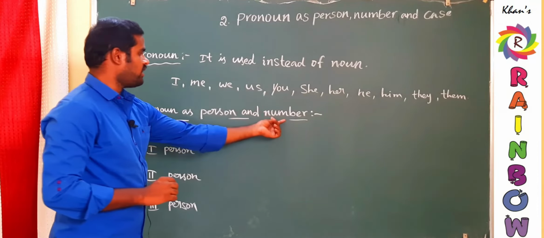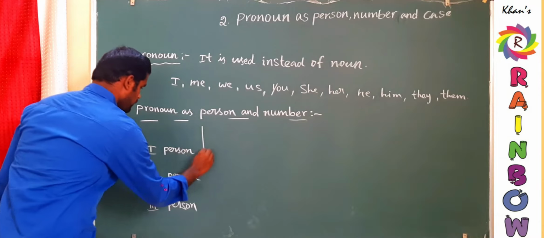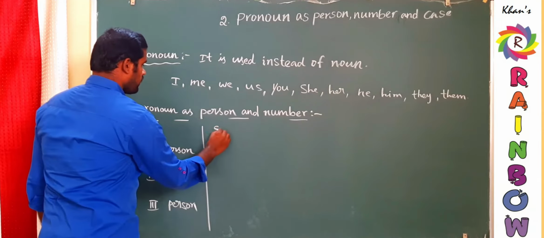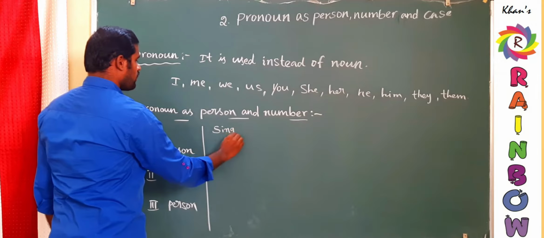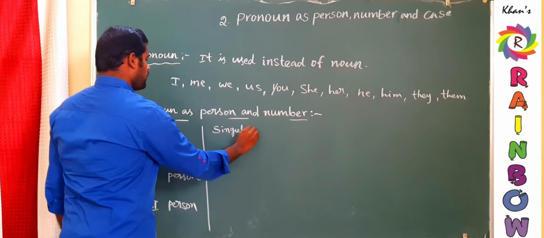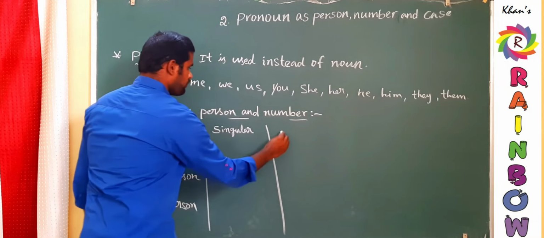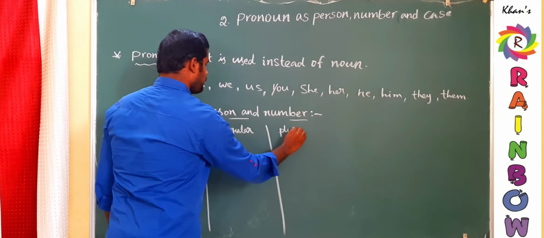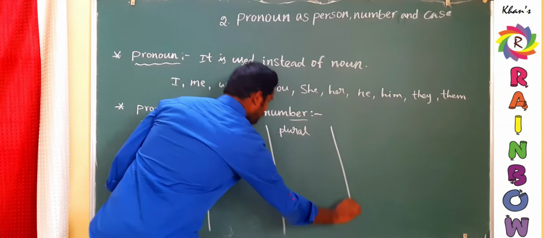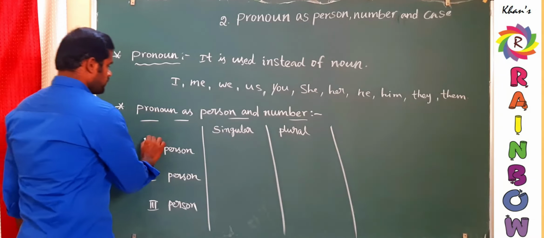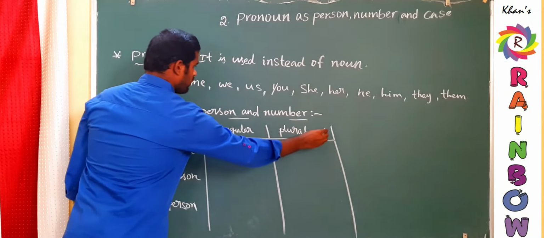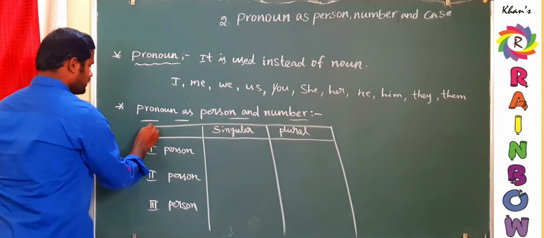And how to divide it into numbers? It is very simple. Number is nothing but singular and plural. Singular and plural. So this is the division of pronoun as person